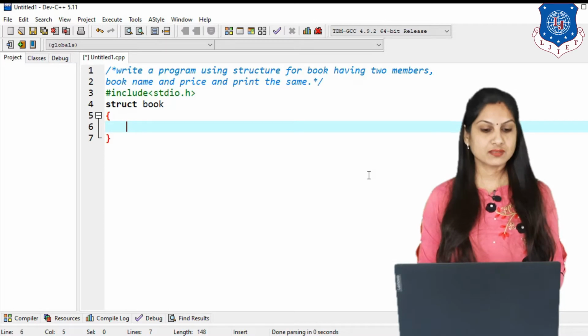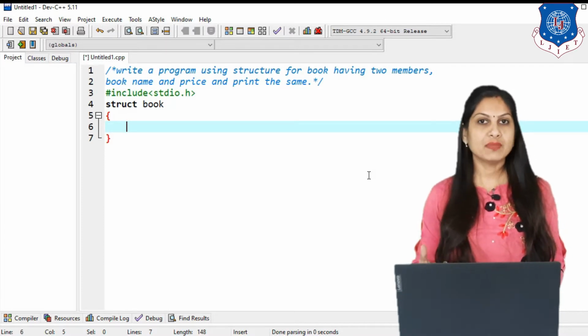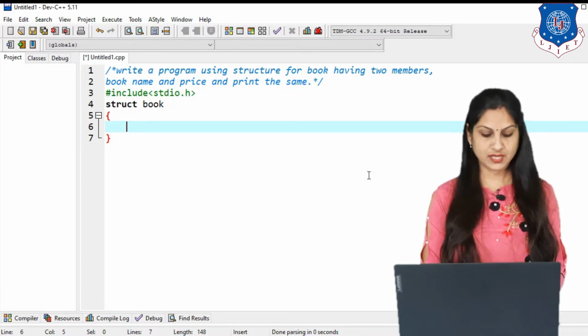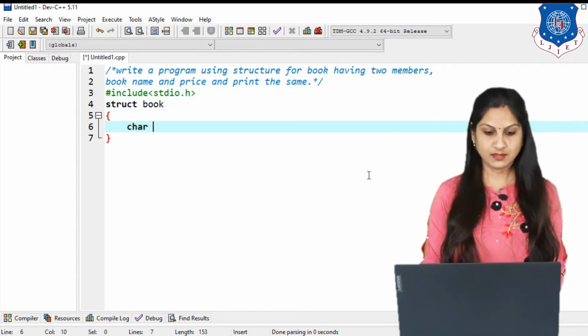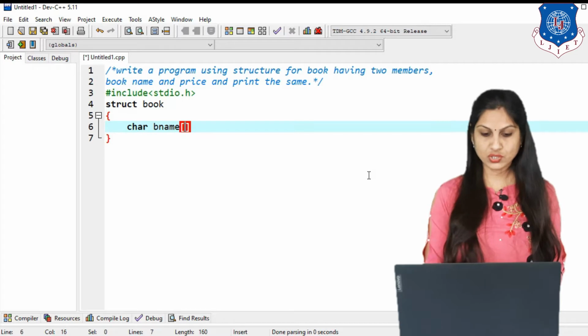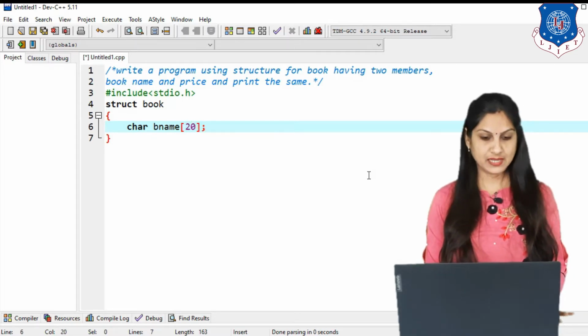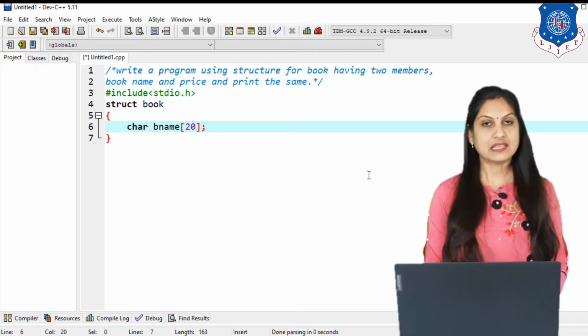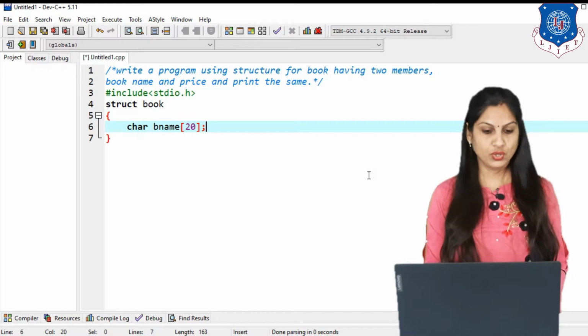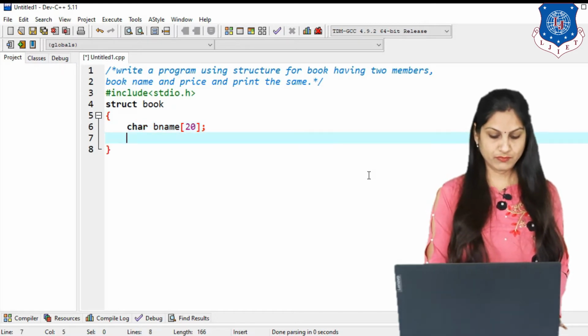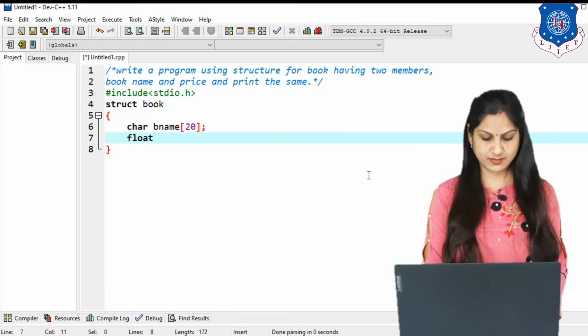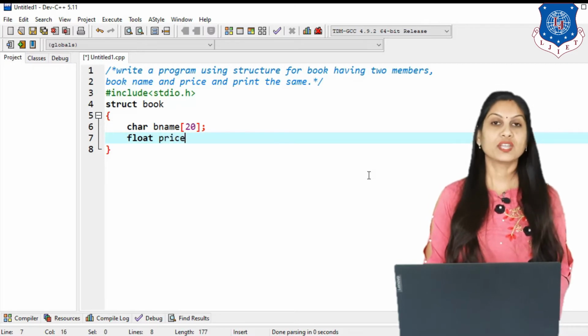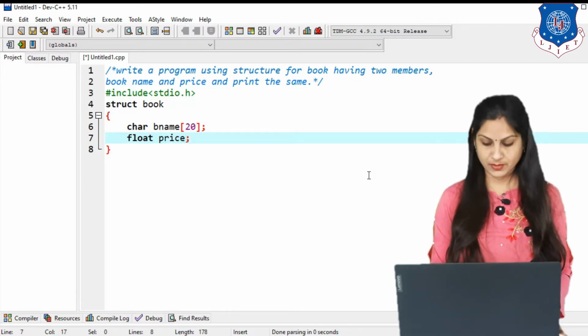The first member is book name, and a name is always a string, so I am considering a character array, suppose B name, and the size is suppose 20. Clear? So the first member we are declaring here, and the second is price, and price is suppose a float, so I am considering the second member float price. So here the structure definition is completed.